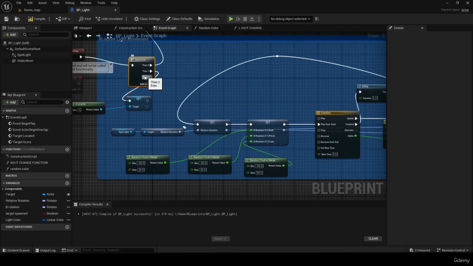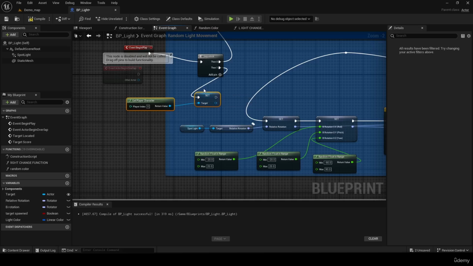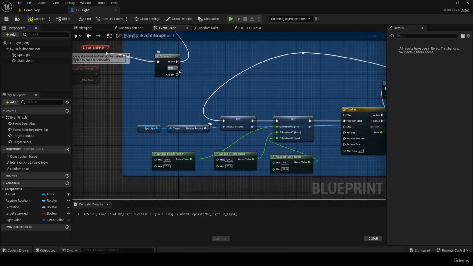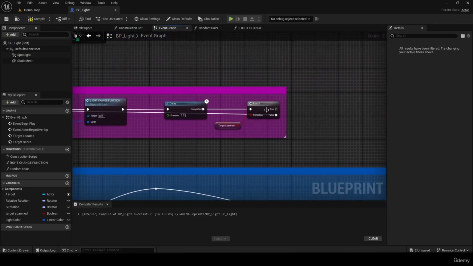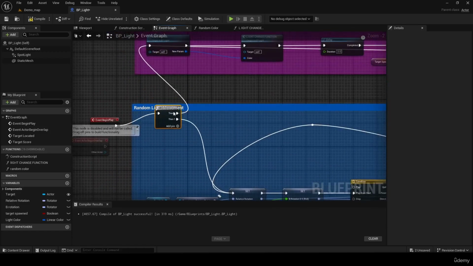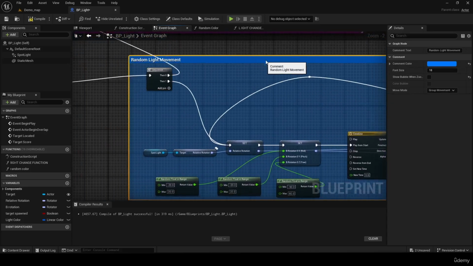One second, let's remove this pin. So we are going to get this around as well, as we are going to need it later. We have this random colors which we want always to trigger, so we are not going to touch it. But we only want this to trigger